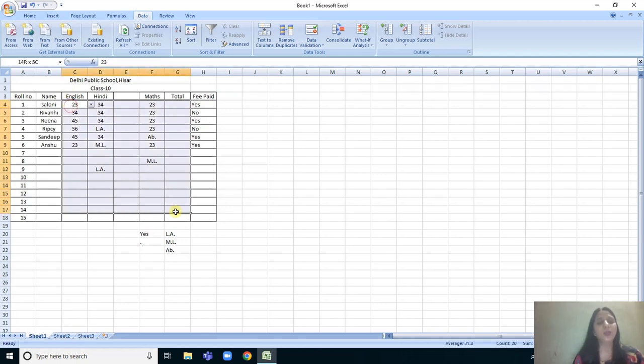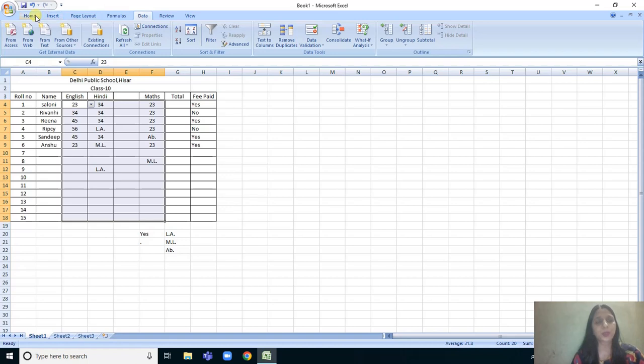One more thing, when we compile a list in our school, we always mention that absentees or failed students should be put in red color. So for this also you can fill that automatically. I will tell you how. Just select the sheet. For example, my paper is of 80 marks here, and all students who score 23 marks or less are fail. So 0 to 23 all are fail. So how can we make them red without putting a color separately?